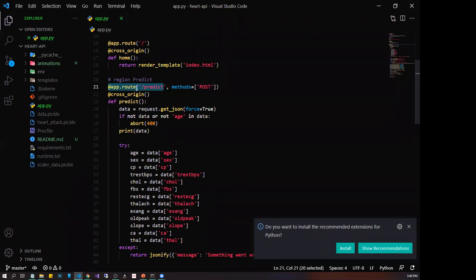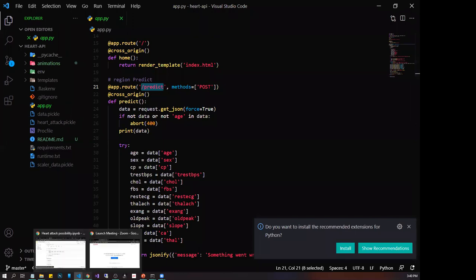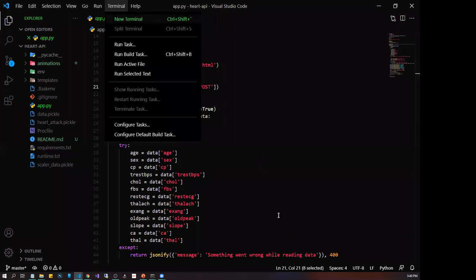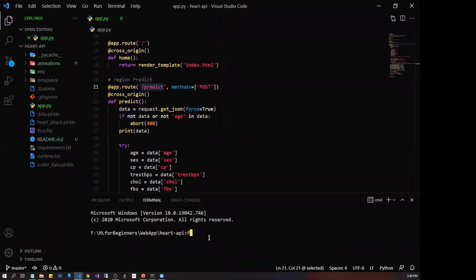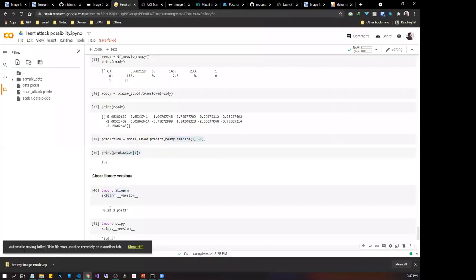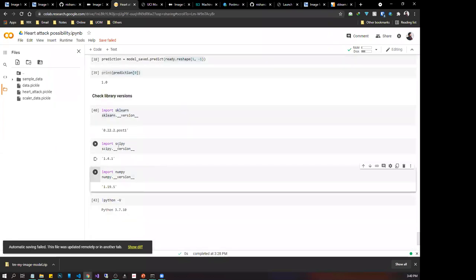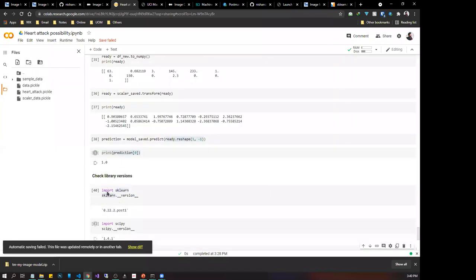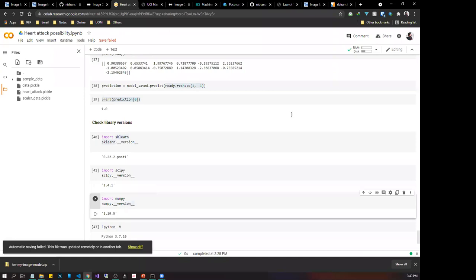So in this API we have an endpoint called predict, where you can send a JSON body into this API. Like if I run it now, okay, before that, I told you that we need to manage these versions. The easiest way to manage versions in Python is to create something called